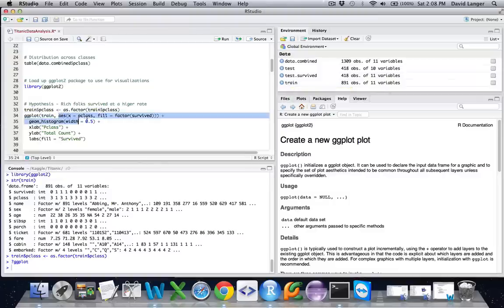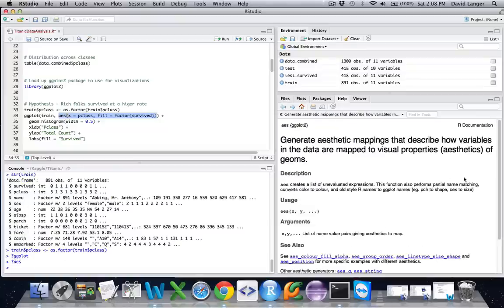Next, we have to tell ggplot2 some aspects of the aesthetic. That's what aes stands for. And again, we can look that up in the help system. Generate aesthetic mappings. What that essentially means is you're controlling the way that the plot is going to look.